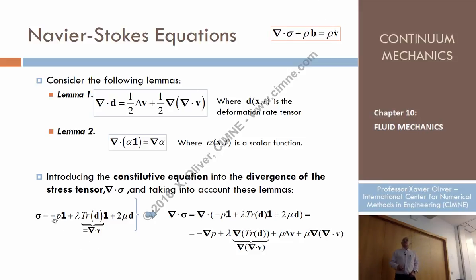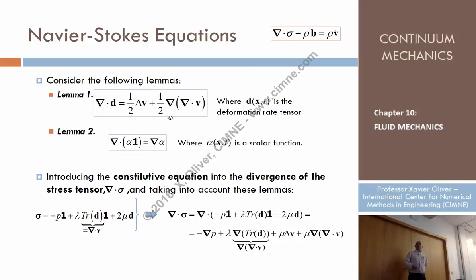So now let's look at the constitutive equation. The general constitutive equation for Newtonian fluids has this term, which is due to the thermodynamic pressure, and this term here that depends on the viscosities, which now we are not neglecting. We don't neglect them. Well, what about the trace of d? We have seen also that the trace of d is equal to the divergence of b. That's another identity. So now, if we want to take the divergence of sigma,